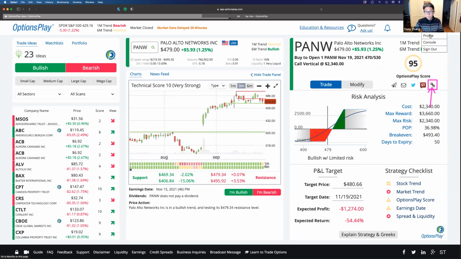So this is all designed so that no matter where you get your ideas, you can have a sanity check on the underlying stock itself, whether it's trending in the direction you expect it to, whether you're early or you're late. And then on your option strategy, you know exactly how much you can potentially lose or make before you get into a trade. And if you need to paper trade it, go ahead and do that so that you can track it